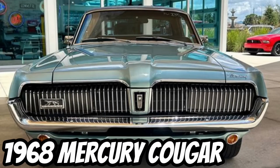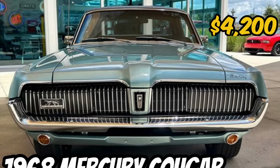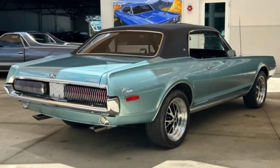Number 2. The 1968 Mercury Cougar Hardtop, priced at $4,200. This restored car features a custom-built 302 cubic inch small block engine, an elegant interior with a center console, high back bucket seats, a wood steering wheel, a black vinyl roof, and factory light Aqua 6K paint that is highly